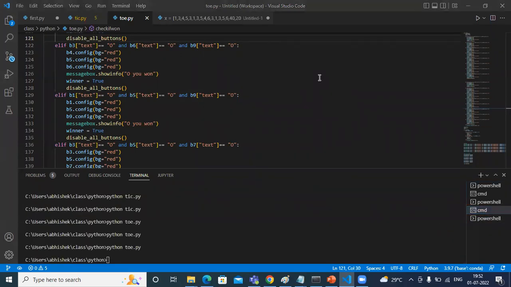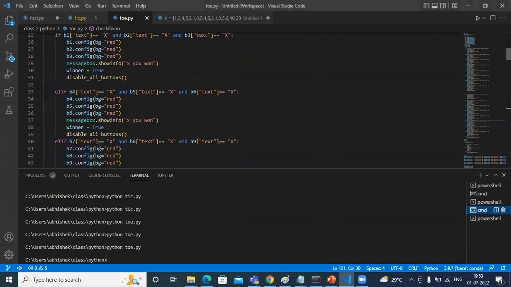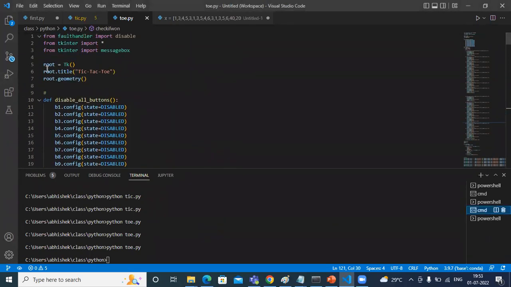Can you explain in which condition we put the empty box? This is a root. Whenever you create root equals to Tk, an interface gets created, and in that interface, like that box, title if you want to give, you can give. If you want to give geometry, let's say